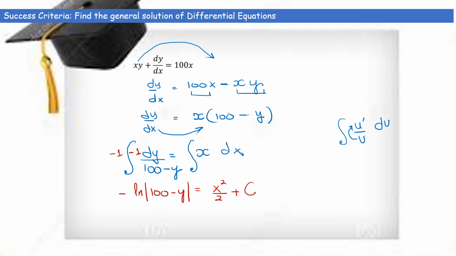Now I cannot raise the power of e while there is a negative sign before the ln. So I will shift that minus sign to the other side to get rid of this negative sign from the left hand side. So I will get negative x square over 2 and negative c. Now I am ready to raise the power of e on both sides in order to cancel this ln. Now I have 100 minus y